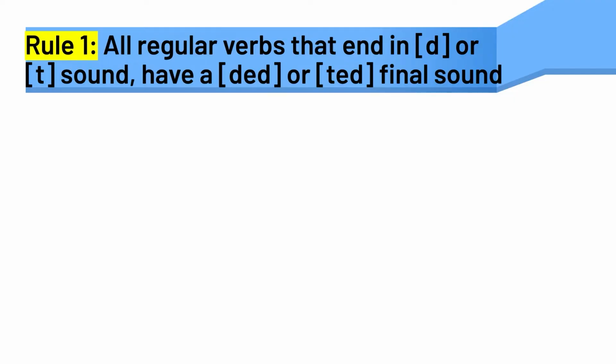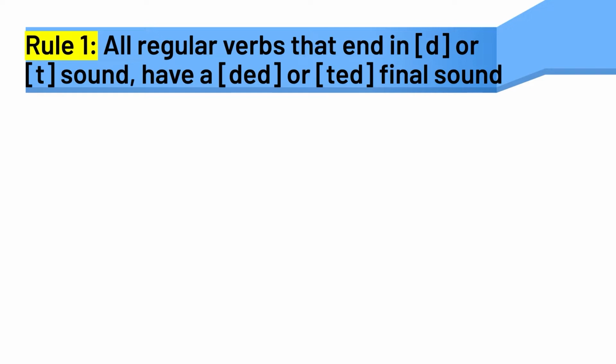Now let's talk about the pronunciation rules. There are 3 rules to determine the past tense pronunciation of regular verbs. Go ahead and pause the video if you need to grab paper and a pencil to write these rules down. These are the 3 rules. Rule number 1 is all regular verbs that end in d or t sound have a did or tud final